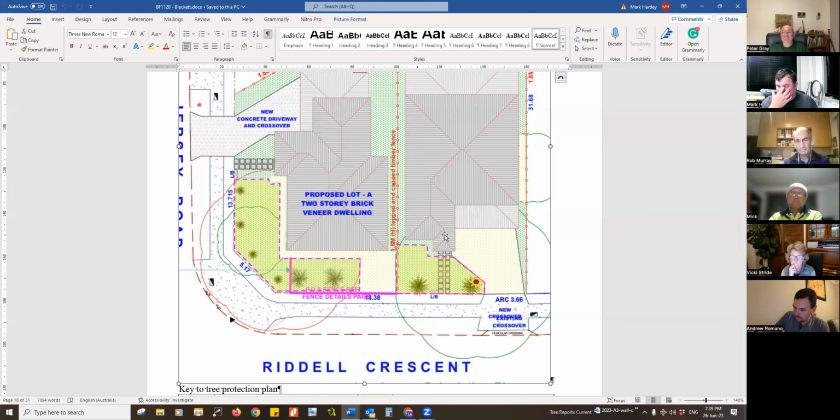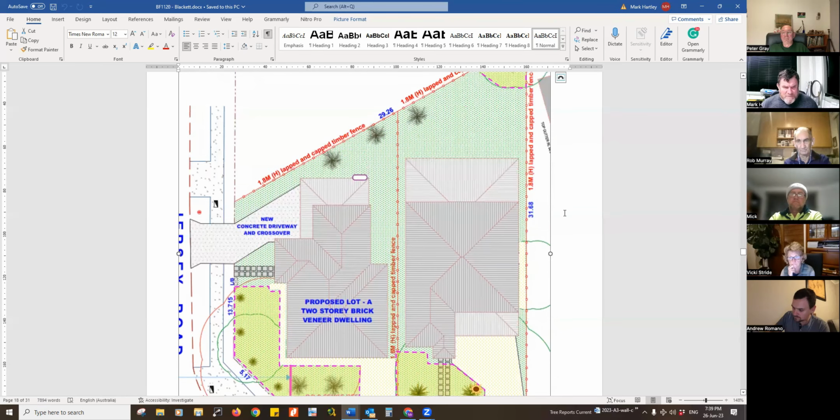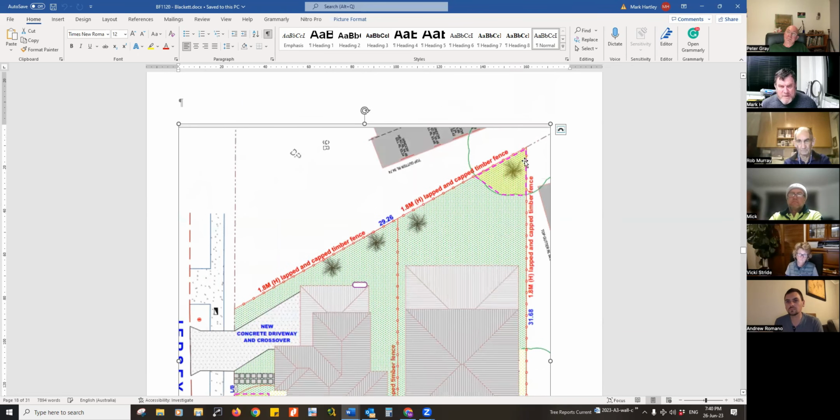What makes one tree of high value to one person is not necessarily the same for someone else. My view is based on something Scott Wilkie said, and I know we've had Scott on before. Scott said, I don't care whether you tell me the retention value, because I'm going to make my mind up on it anyhow. You tell me that it's low and I think that it's medium. You tell me that it's high and I think that it's essential. It's got nothing to do with what you've written. I'll just ignore it. The only thing that I do have as essential all the time is any tree on